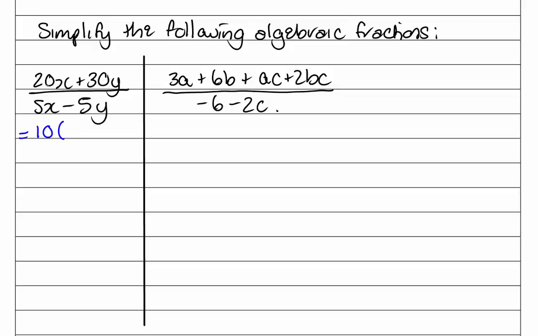So we've got 10, but I want 20x. So 10 times 2 is 20, and then I have the x. Plus 10 times what is 30? 3, and we need the y. All over